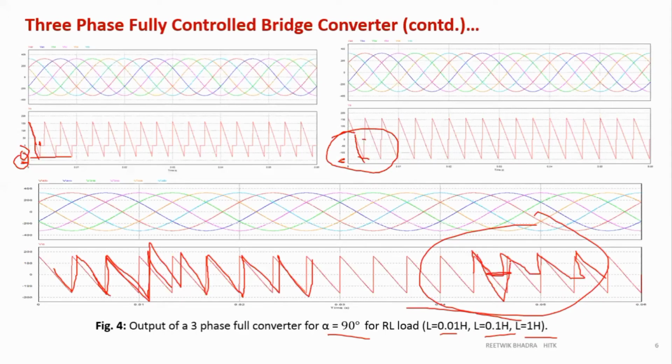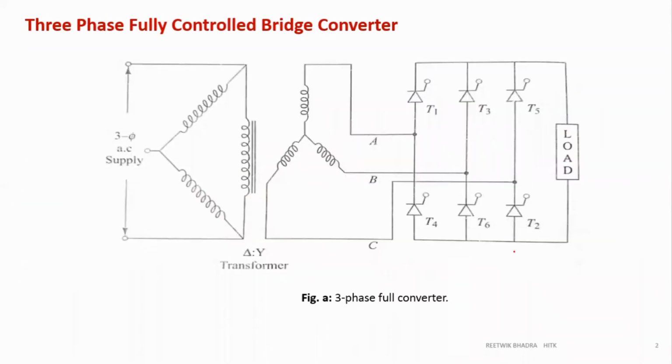So that is what I wanted to highlight in today's class, and we'll do some calculations regarding another three-phase converter. So next, in the last lecture or today's lecture also, I have told you the negative portion has to be eliminated. Why does the negative portion have to be eliminated? I told you there are many disadvantages. I'm not repeating it. So what was my need? I could have used a freewheeling diode. Just now I had shown, maybe it is not drawn over here, in the other slide I had used. We could have used a freewheeling diode across the load, and the inductive load would have discharged through that, and so the negative portion would have been 0.